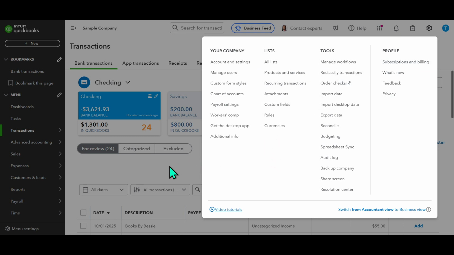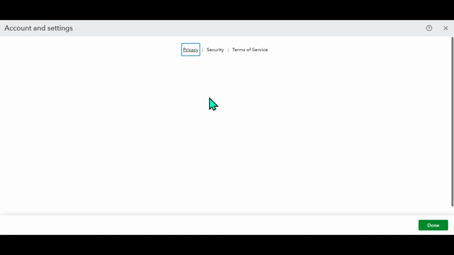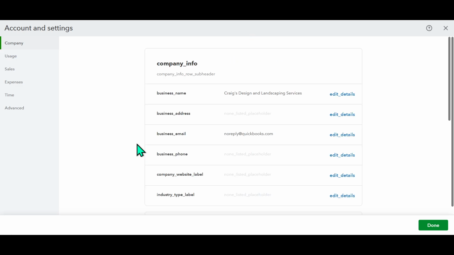Once you've clicked on that, you're going to look for the option labeled Account and Settings. This section is essentially the cornerstone for configuring everything that'll make your QuickBooks experience truly yours. Clicking into this menu is your next move, and you should feel confident as each setting here is aimed at